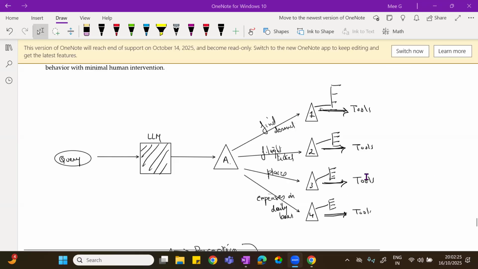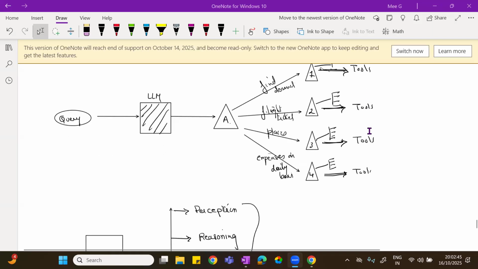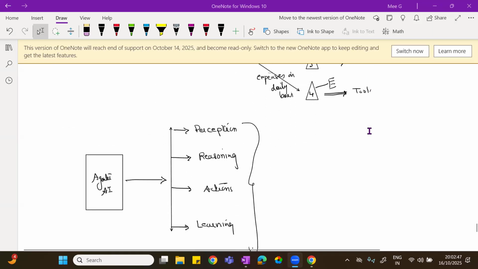If you are doing a search, a web search agent is required. When you are doing necessary calculations, you require a calculator. And when you are dealing with weather report kind of stuff, a weather report agent is required. So there are so many tools, it depends upon the tools.